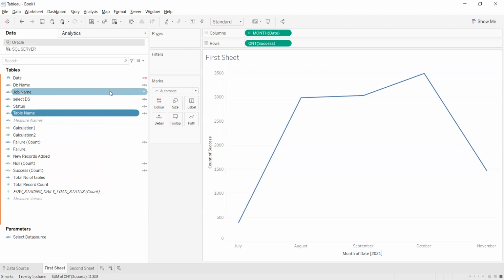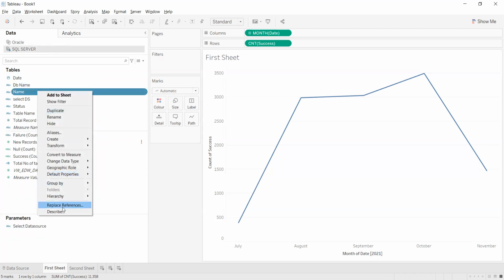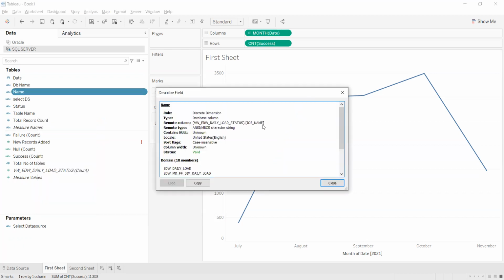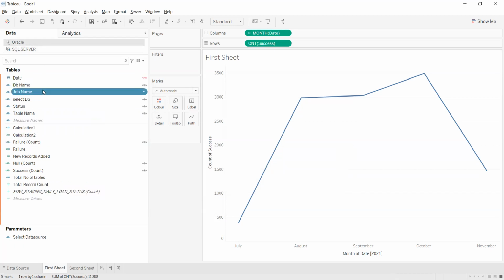Let's do the same for job name. When we describe it, we will see the exact name that is coming from the data source. From the data source, we are getting the job name, so we will copy this name and rename the field to this name.